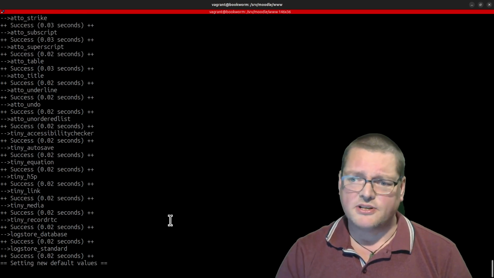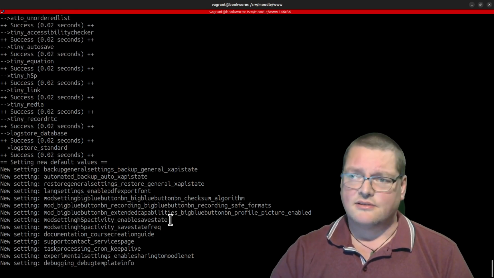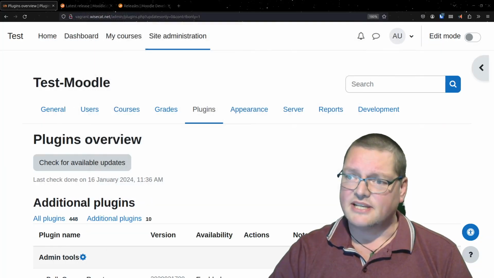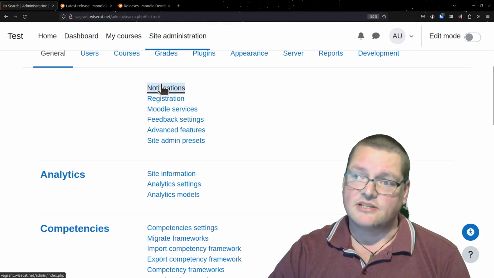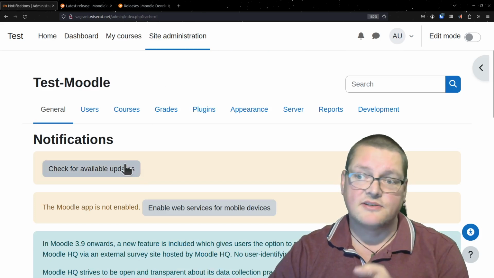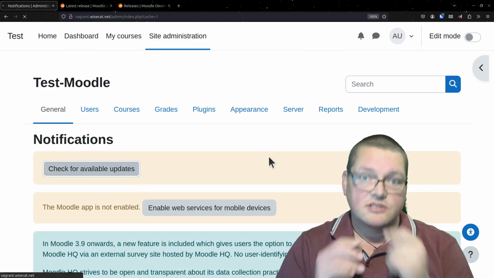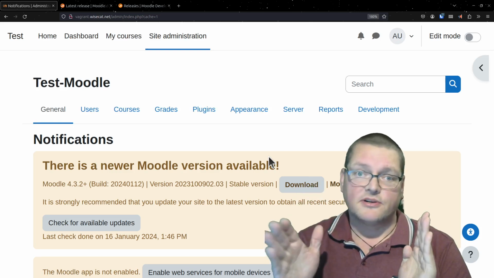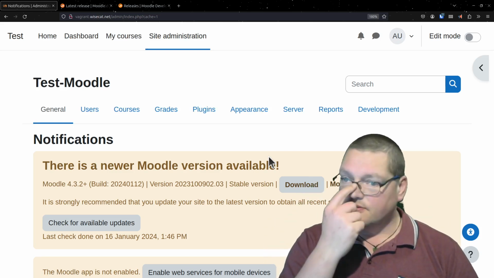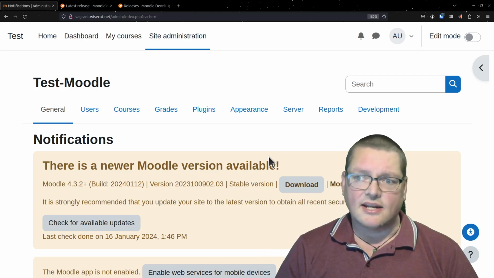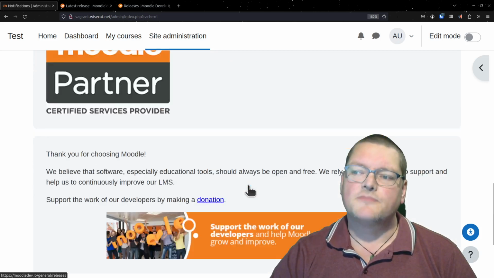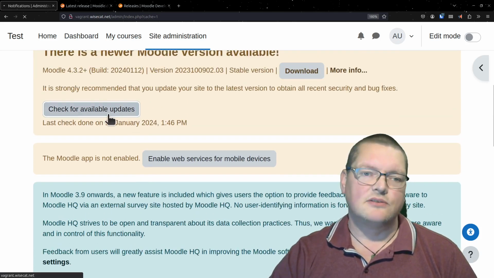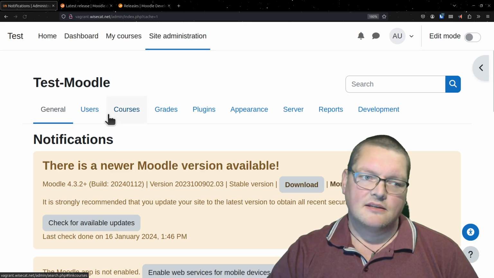So that's gone to 4.2, and the idea of keeping your Moodle up to date 4.2 wise, well, of course, what you would want to do next is go and check for more updates in your plugins and things like that. But even if your plan was to go from 4.1 to 4.3 directly, skipping 4.2 completely, I would actually suggest don't do that. Stop by 4.2, check it out, have a bit of a look around, make sure nothing's broken, make sure your plugins still work, and discover whether